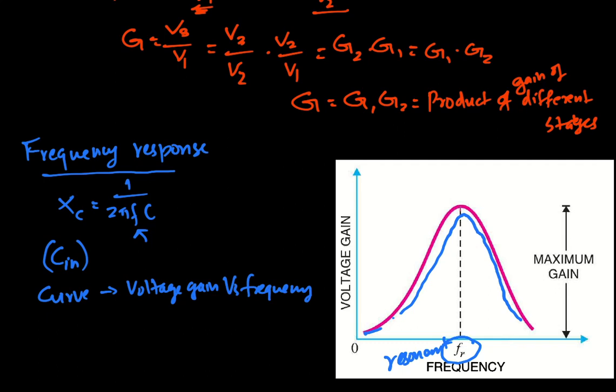And actually this gives an analysis of the performance of a transistor amplifier. So to analyze the performance of a transistor amplifier, usually we draw the frequency response curve. That means we note down the voltage gain of the amplifier with variations in the input frequency, and the gain is maximum at a particular frequency, and that frequency is called the resonant frequency. That's all about the frequency response curve. Thank you.